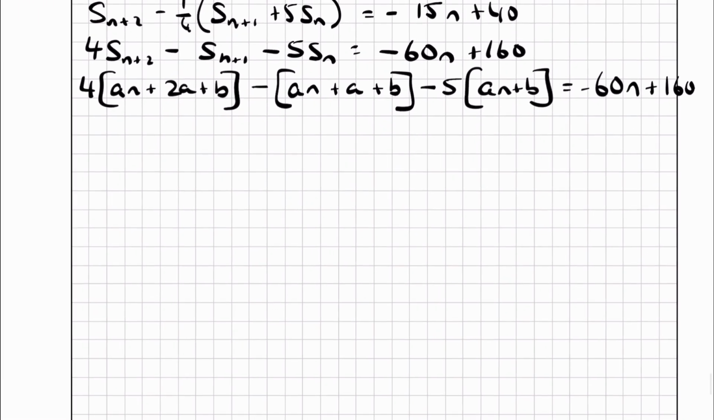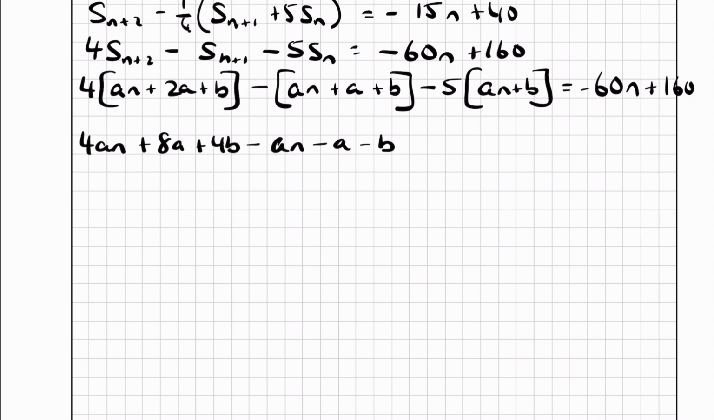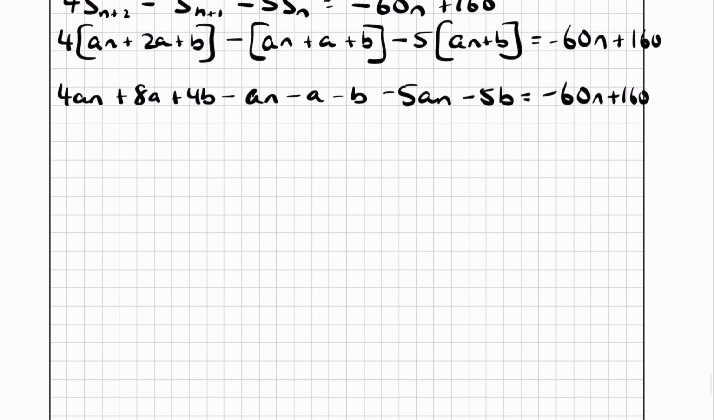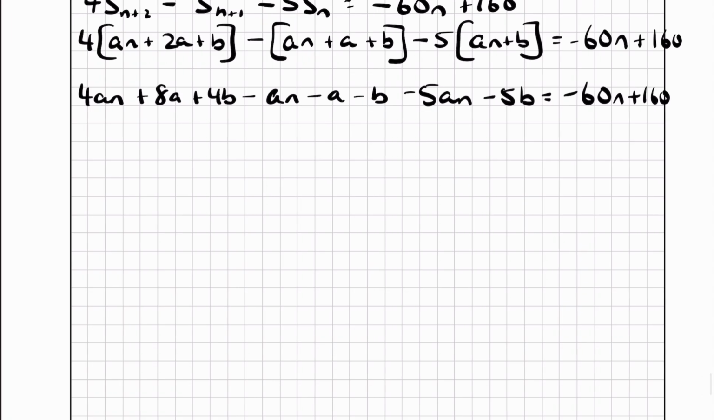Now, in my next instance, I'm going to multiply this out. Minus an minus a minus b equals minus 5an minus 5b, all equals this side over here. And we're kind of getting to the last legs now. You can add stuff if you want, but I'm not going to bother, it's a lot of work. I'm instead going to say, okay,